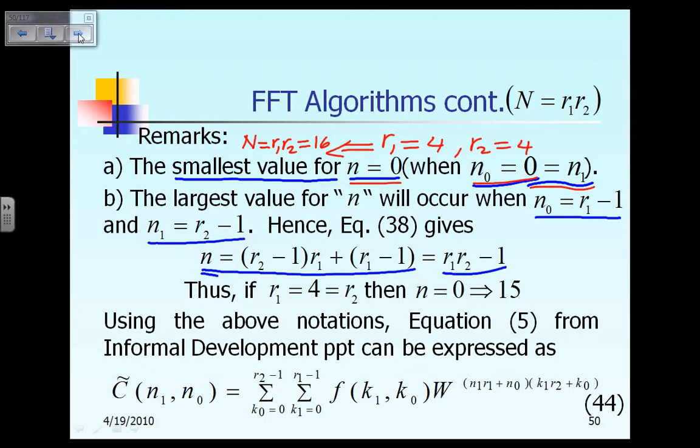And also because capital N is equal to 16, the largest value that you can have for N will be equal to R1 R2 minus 1, which is very obvious because R1 times R2 is 16, minus 1, which is equal to 15. So let's take a look at the formula that we developed earlier in the informal development for the fast Fourier transform. At that time we said